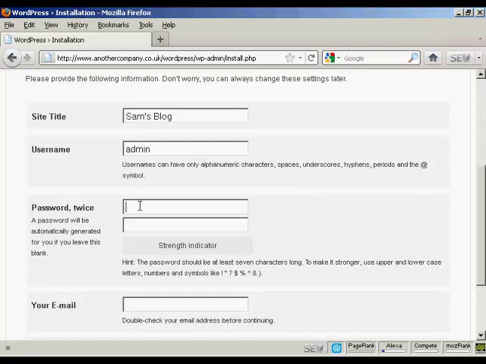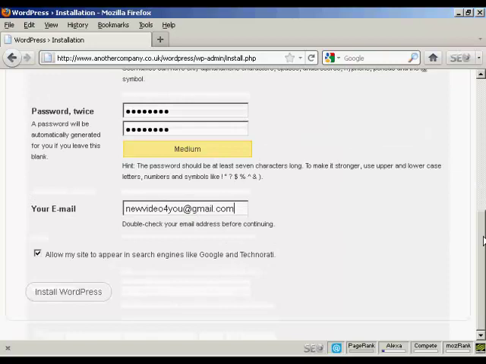You want the password, and then put it in again, your email address, and then you want to either check or uncheck this box here, allow my site to appear in search engines like Google and Technorati. Good idea to say yes, and then simply click on this button here, install WordPress,